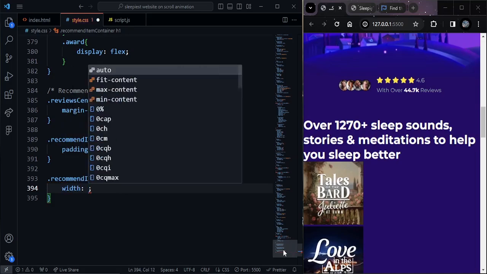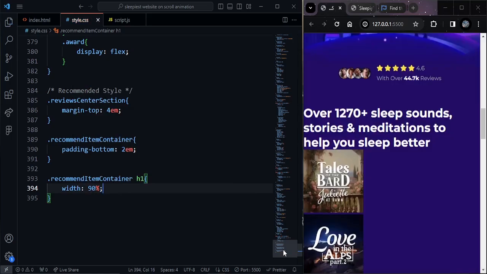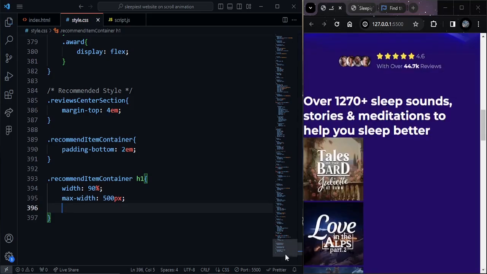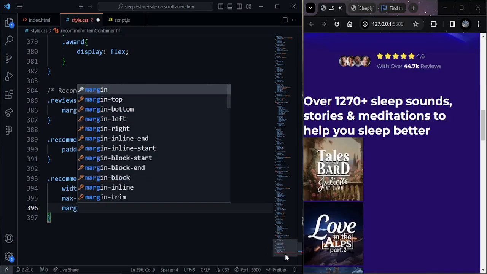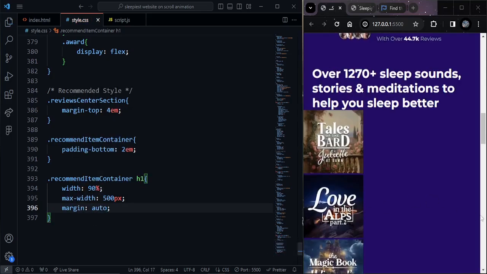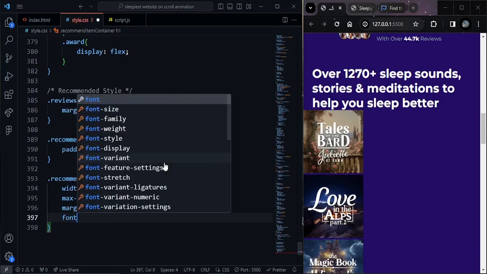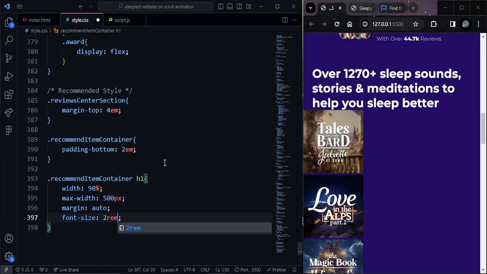The width of the text 90%, and the maximum width 500 pixel, and I want to put it at the center, margin auto. Now it's at the center, and the font size of the text 2 rem,